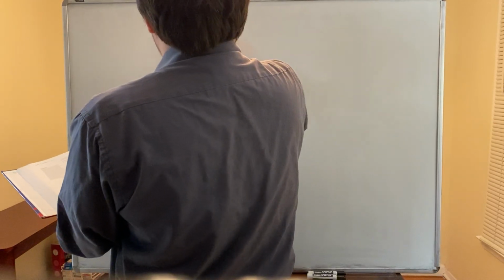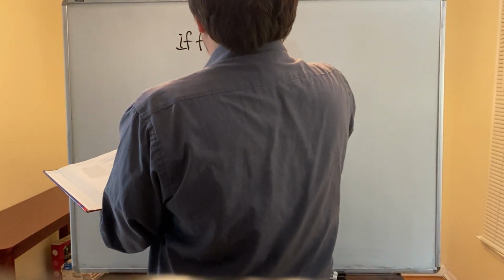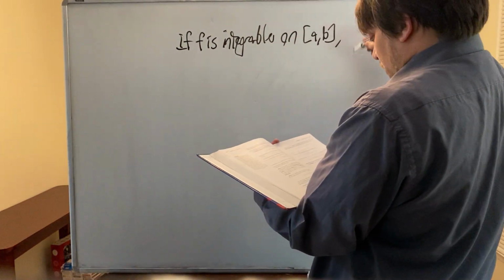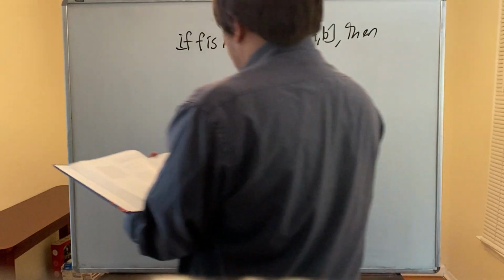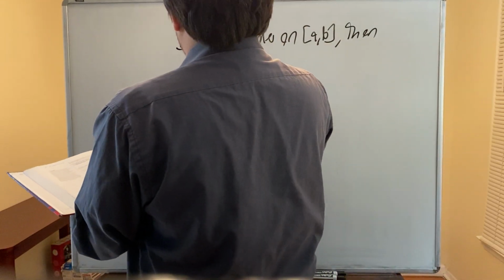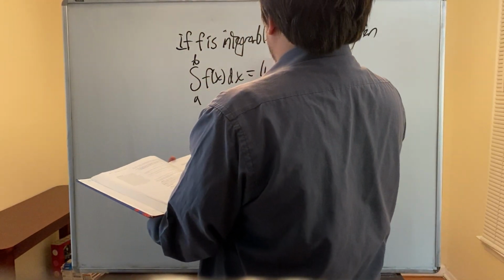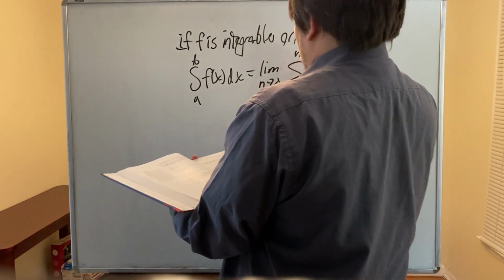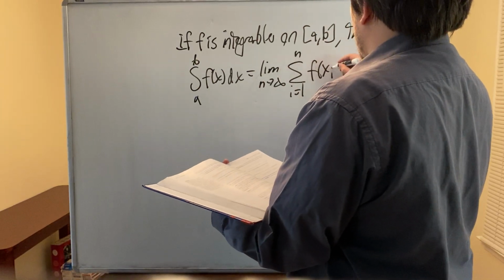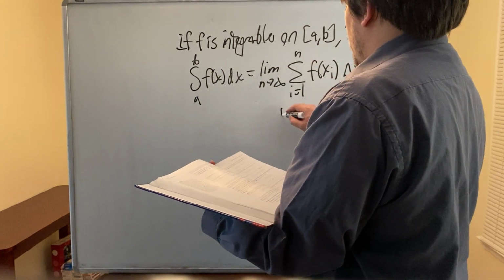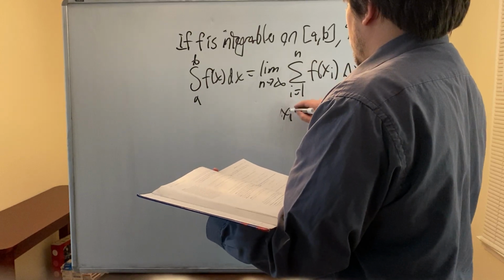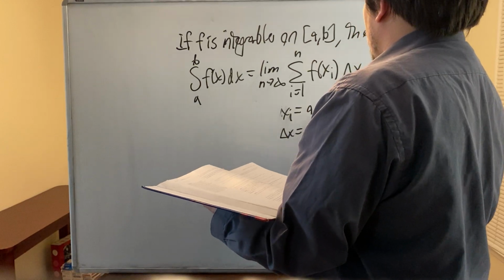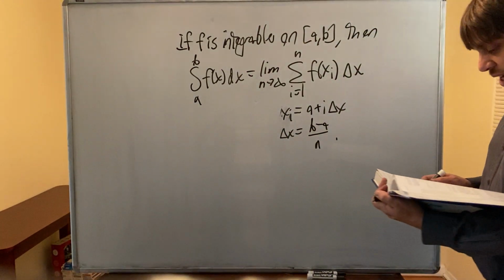It says if f is integrable on the finite closed interval a comma b, then the definite integral from a to b of f of x dx is equal to the limit as n approaches infinity of the sum from i equals 1 to n of f of x sub i delta x, where x sub i is a plus i delta x, and delta x is equal to b minus a over n. Okay, and so Theorem 4,